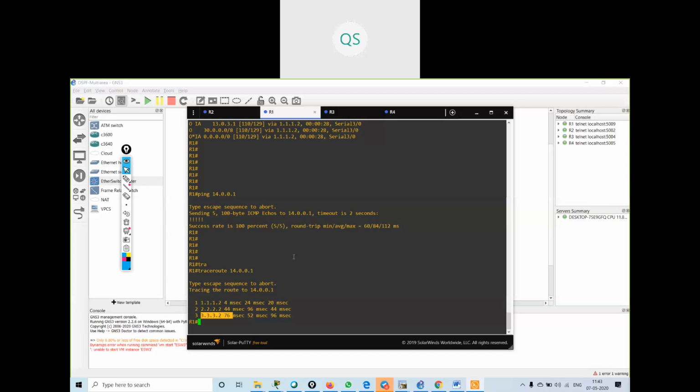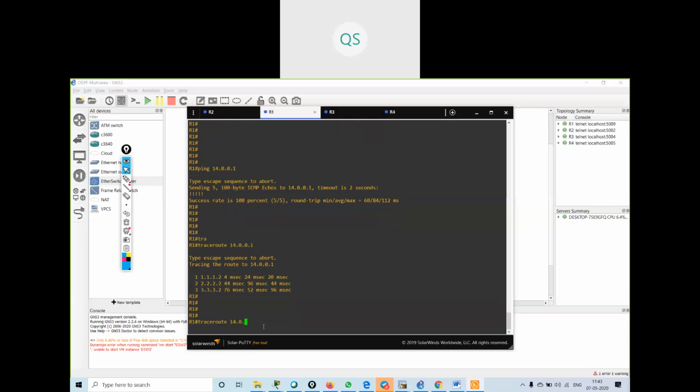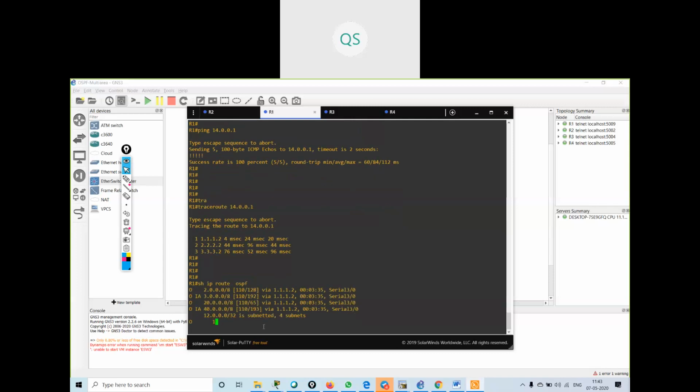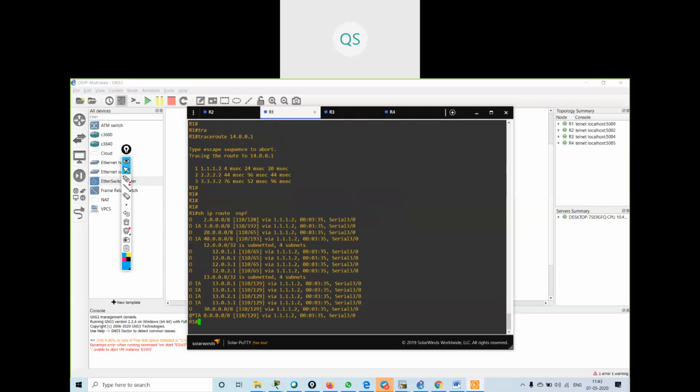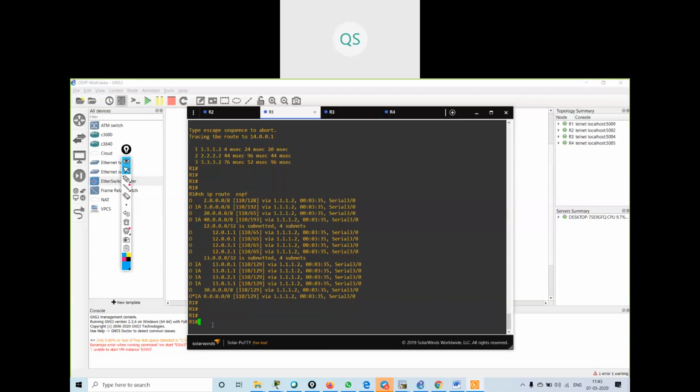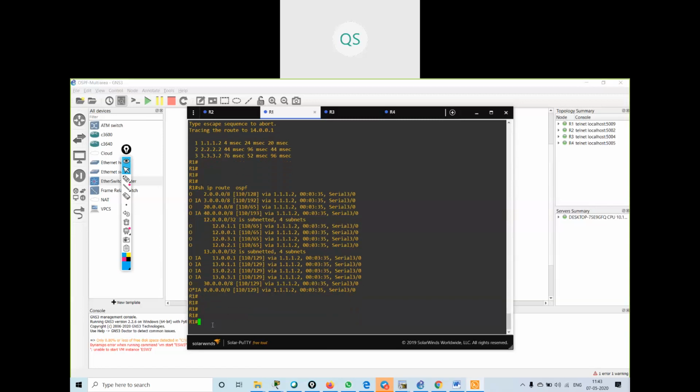But in the routing table, I am having just one default route. I'm not having the E1, E2 routes. That default route is saying that if you want to go to any external route, you have to go to the ABR router. Understood?